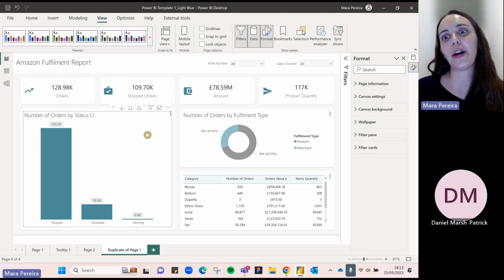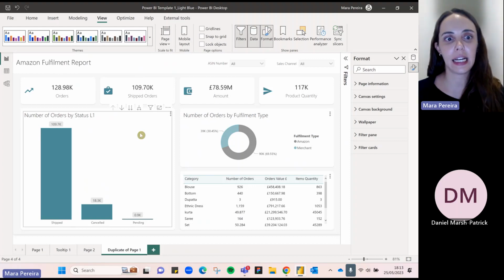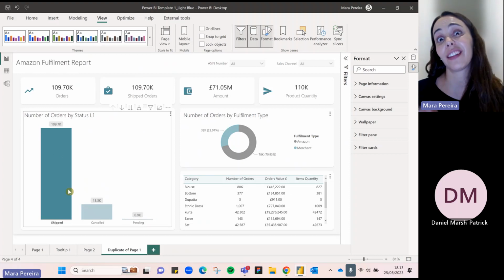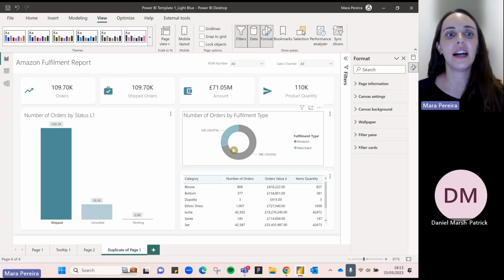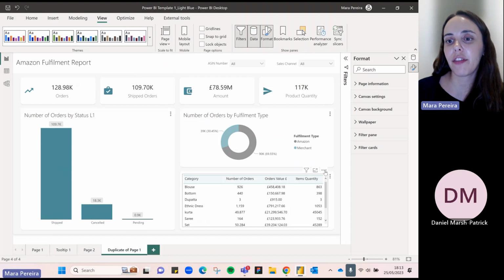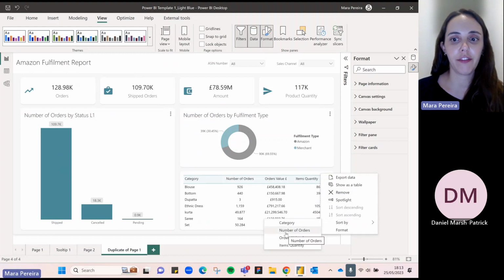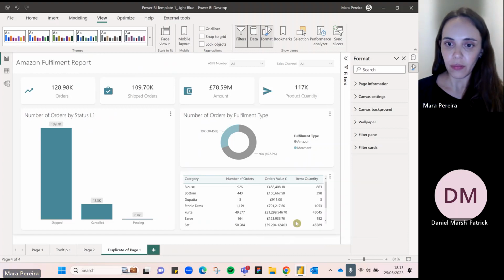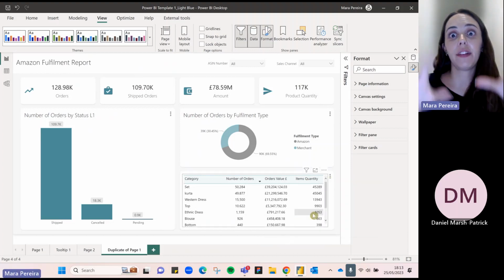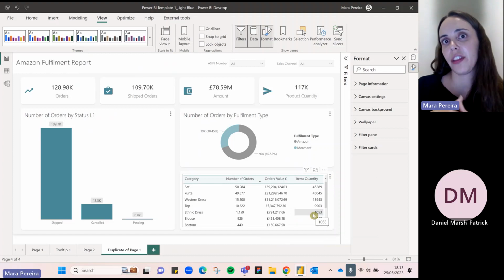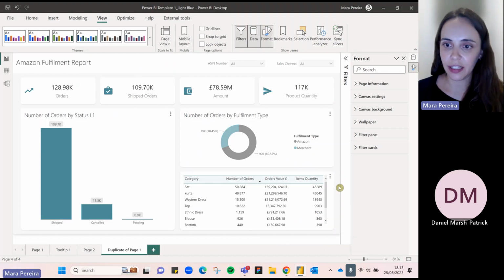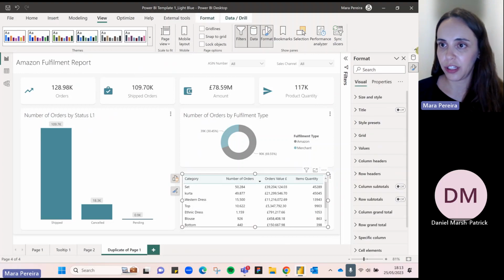That screenshot, that bookmark, can save things like if you have something highlighted or selected in a chart like this. It can save the sort order that you have, for example, in this table. So it can save this view of this table with this sort order, so it can memorize that. It can also, and let me add here something because I want it here,